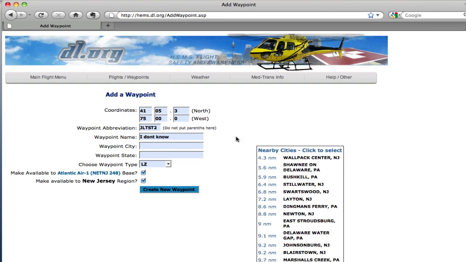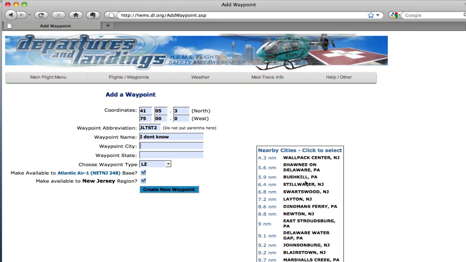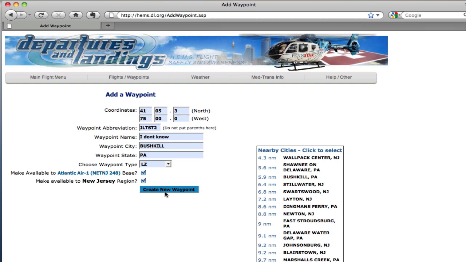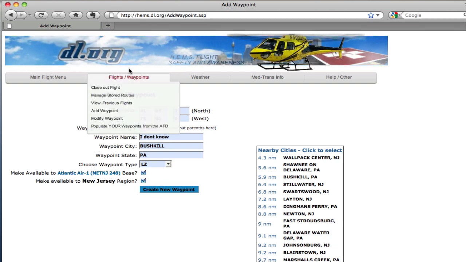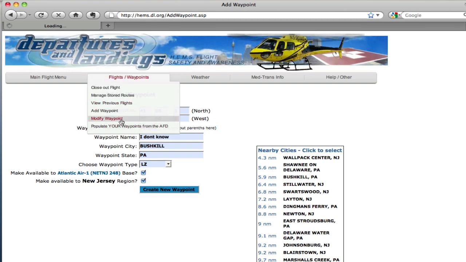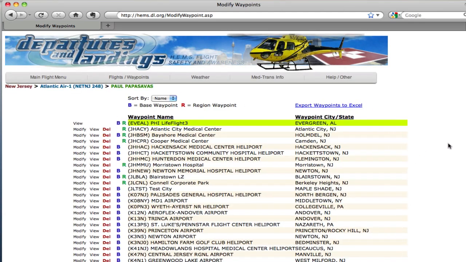JLTST2. Waypoint name, I don't know. And again, the city, it's going to show you the closest cities here, and you can just choose the one you want and make it available to the base and the region, or just the base. Most times you'll make it available to the region, but we're not going to create a new waypoint because this doesn't really exist. You can go ahead and you can modify your waypoints as well, and this is actually a